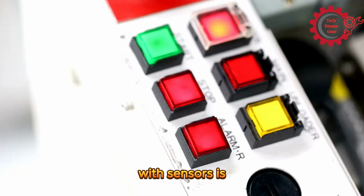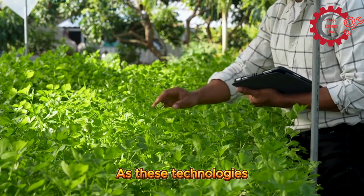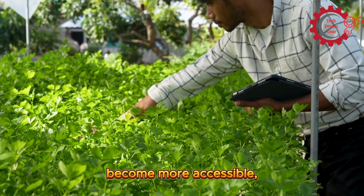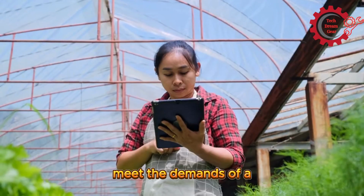Precision farming with sensors is transforming agriculture by enabling real-time crop monitoring, resource optimization, and sustainable practices. As these technologies become more accessible, they hold the promise of revolutionizing farming to meet the demands of a growing